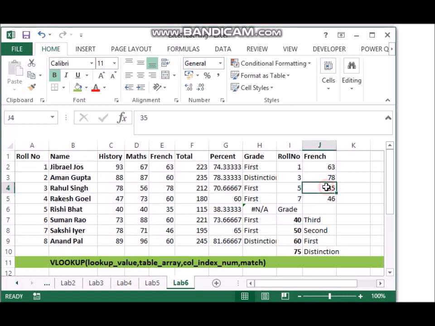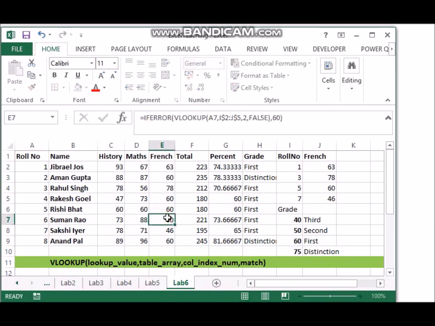We'll do one more test. We'll make all of these 60 and let us see whether it becomes first class. So roll number 5, we made this 60, this 60, and this 60. The overall mark became 60 and the first class is there. If it is 61, still it's first class. So our logic is working here, but we do need to test it. There's a good chance sometimes an error creeps in without us realizing.